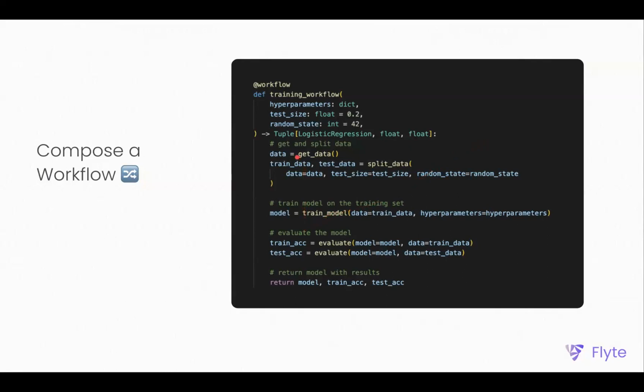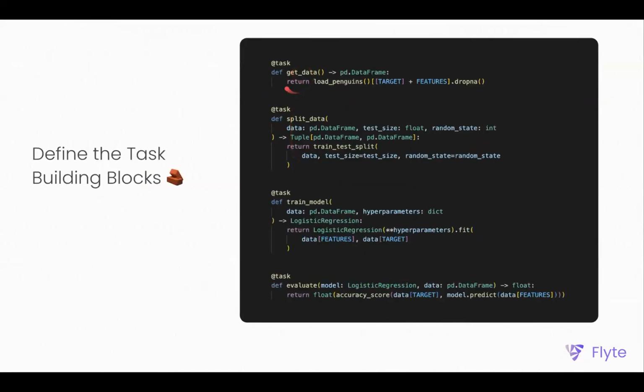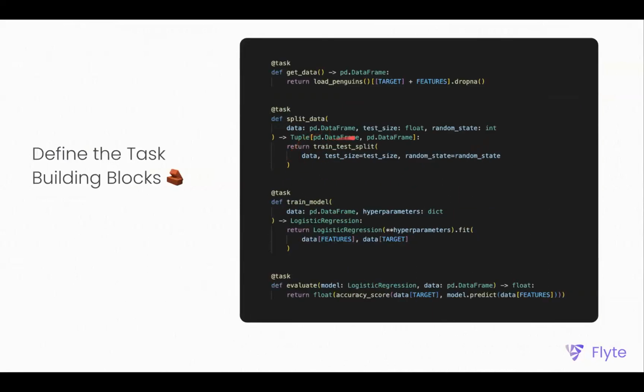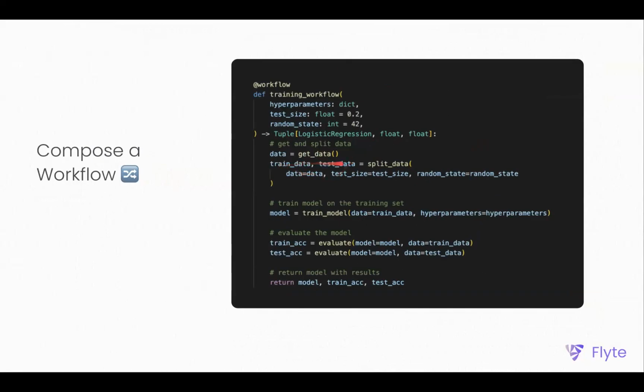So like split data with the point of task. Yeah. So the first thing we're calling is get data. So this is a promise. Then I'm passing it to split data, which then returns 2 data frames, the training and the test split, which are broken out here. I'm calling the train model task on the training data, and then I'm using the model that's output and feeding that into evaluate twice to get the training accuracy and the test accuracy.